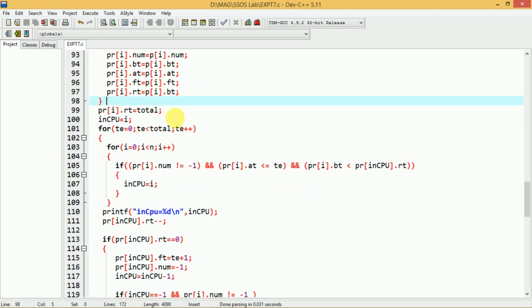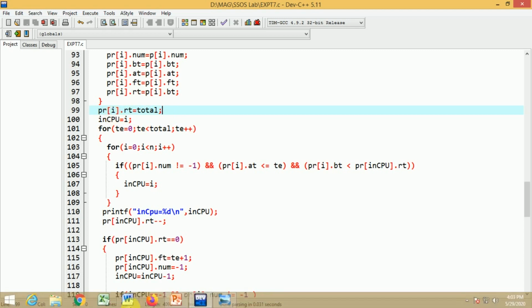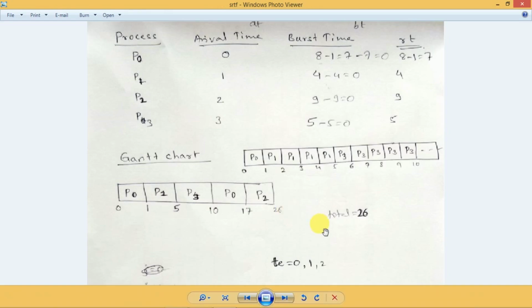After this we initialize PR of i dot RT equal to total. This indicates the total time remaining for the execution. In our example, if you add up all the burst times, you get the total value as 26.